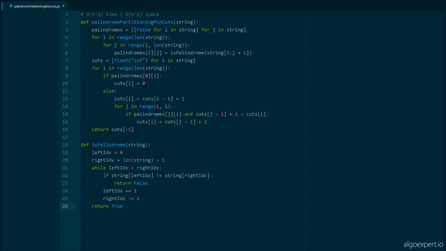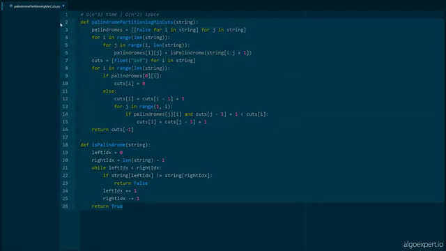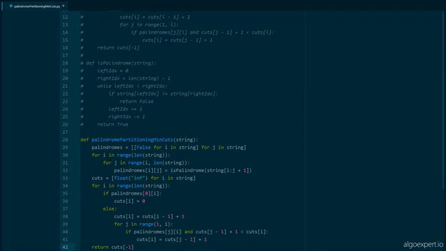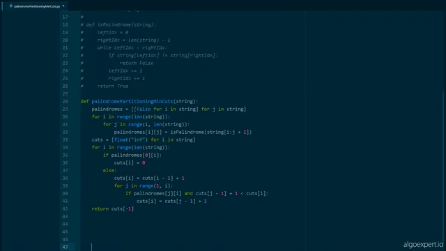Now, let's try to tackle the more optimal version that I vaguely explained in the conceptual overview. Believe it or not, this second version is going to be very similar, right? Because if you remember, this entire portion with the cuts array didn't change. The only thing that we optimized was our palindromes array that we built. So in fact, we can copy paste this, and then let me comment out all of that. So we can copy paste our palindrome partitioning min cuts function,